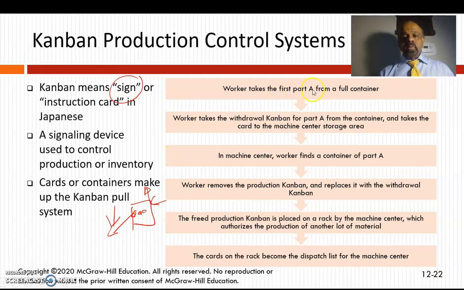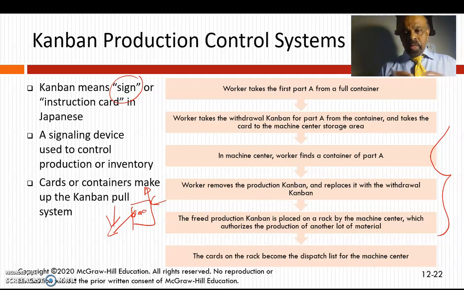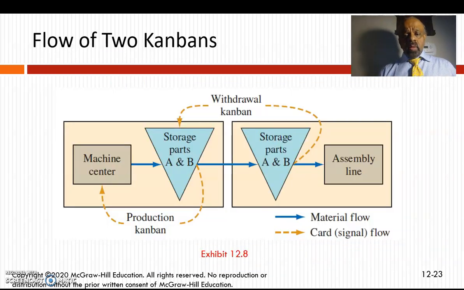So the worker takes the first part A from a full container. The worker takes the withdrawal Kanban from part A and takes the cart to the machine center storage area. The worker finds the container of part A, removes the production Kanban, replaces it with the withdrawal Kanban, and then the cards come back to the dispatch list for the machine center. This is how Kanban works. So look at the video that I have showed. This pretty much shows the entire control system, or the pull control system of Kanban. The flow of Kanbans are pretty much where